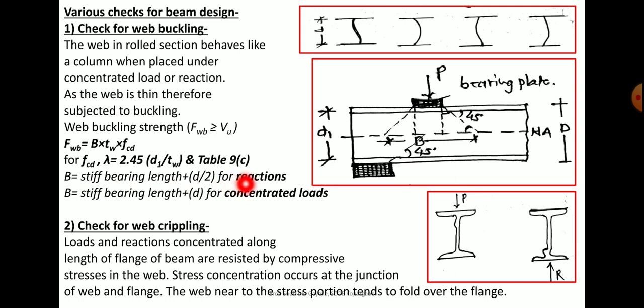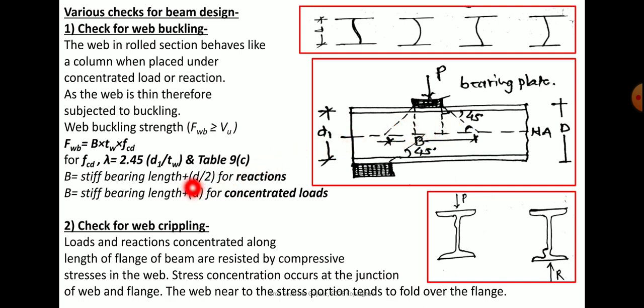Now this strip bearing length depends upon the number of dispersions. Usually, suppose this top side reaction is acting on the section for a width of B value, so there is always dispersion of your force at an angle of 45 degrees. So in case of reaction, dispersion is only along one side, and in case of point loads or concentrated load, dispersion is along both the sides. So in short, if this particular depth is your D value, in that case dispersion for one side will be only D value, and for point load the dispersion will be along both the sides, that is D by 2, and so the entire D value is going to be there.